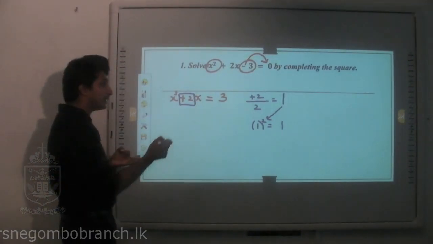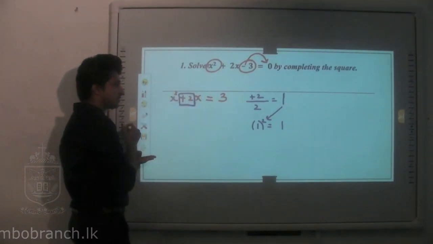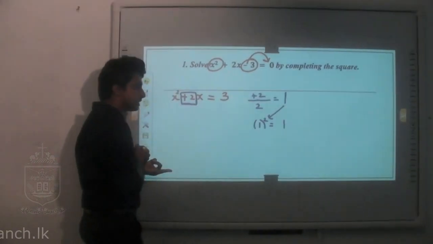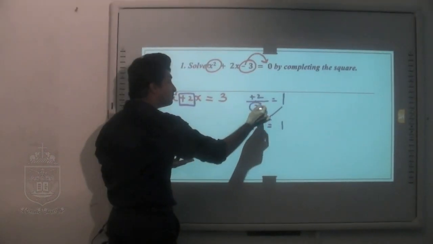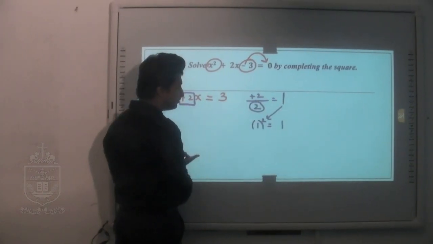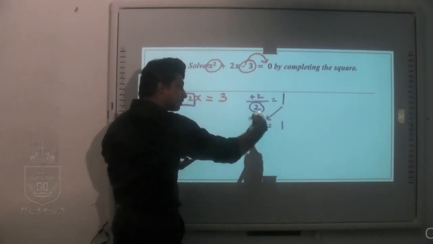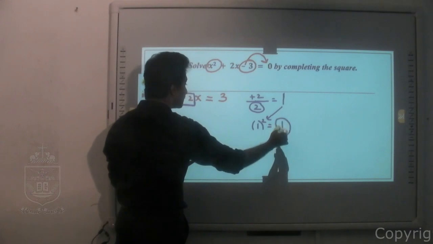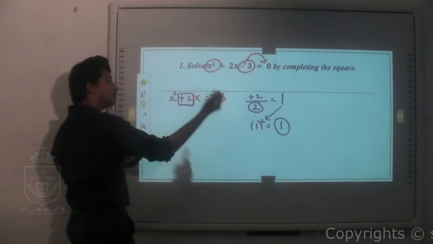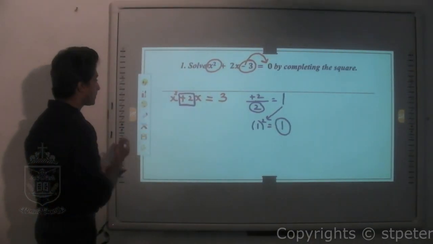Then in the third step, take the value in front of x. Take the value in front of x separately, divide it by 2 and you will get a value. Take that value and square it and you will get an answer. This answer you have to add to both the sides of the equation. That is,